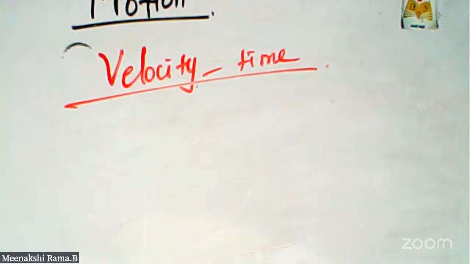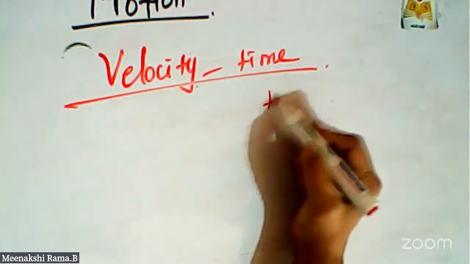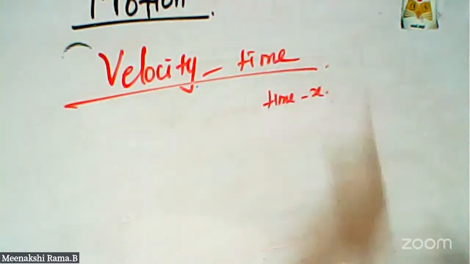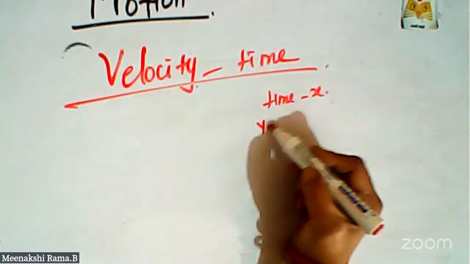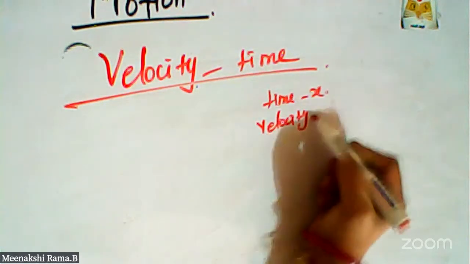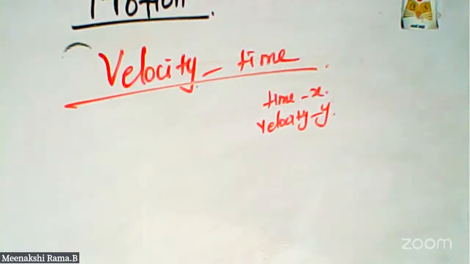In this graph, time is usually represented on the x-axis, and velocity is represented on the y-axis. So, a velocity time graph shows the velocity of a car moving with